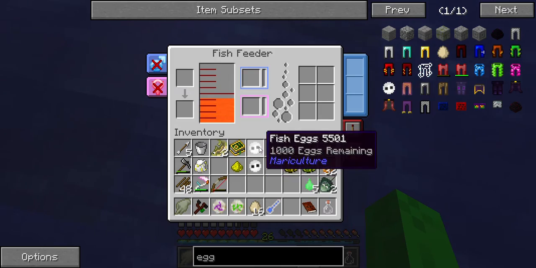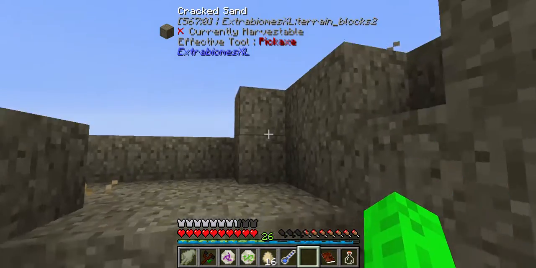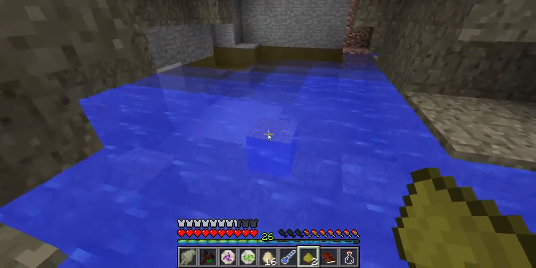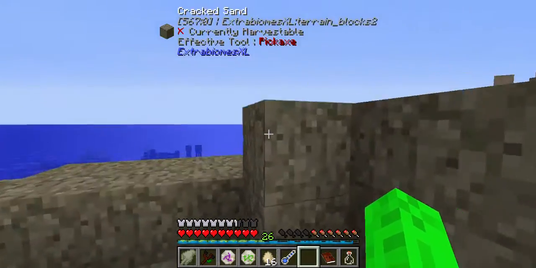This has 1 egg, and this is 1,000. That's interesting. So I used the leftover minnows for fish food. So like these guys, I did this, popped them into fish food, and then hopped in here, threw them in here, and then it gives it a little bit of fish food. It's not nearly as much as the...